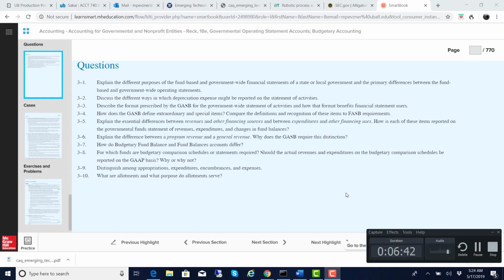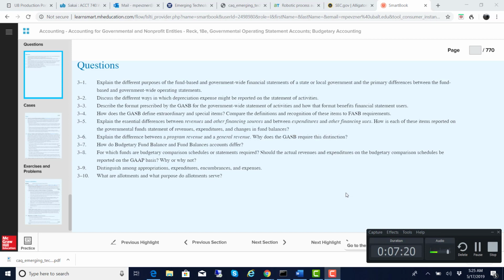At the bottom, you have general revenues, and most of the general revenues will be taxes, because taxes are levied against taxpayers, not for a particular function or program, generally speaking. Program revenues will be things like fees that you charge for certain types of programs, and levies and so on. And then further down the line, consistent with your commercial GAAP, you'll see special items, extraordinary items, things like that.